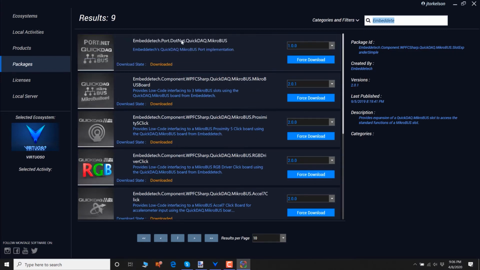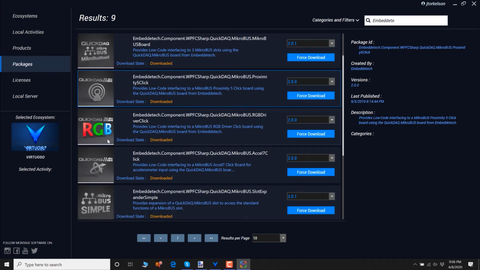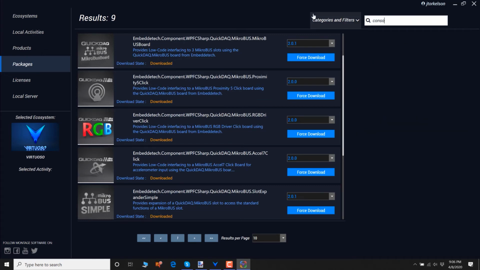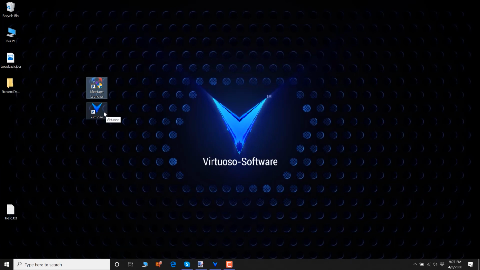So you can see here, this is the port definition library for the microbus. This is the microbus board itself, this package, and then these are the individual clipboards. So as new components are available for the clipboards, you can just go out and download them, and they'll give you the direct functionality of that clipboard. But I want a console, so I'm going to just type console, and now I can see this is the Virtuoso WPF C# console terminal. And so I just need to download it. Okay, so now I have it, and I can go back